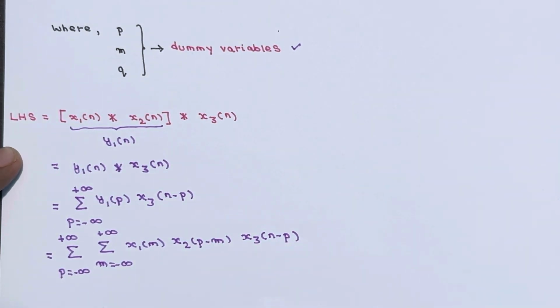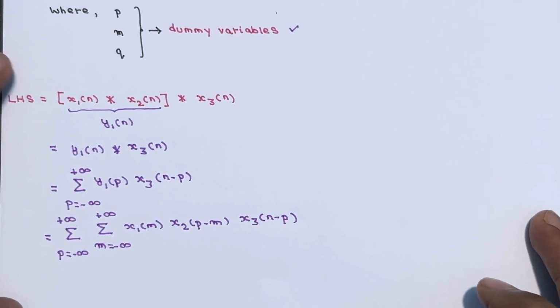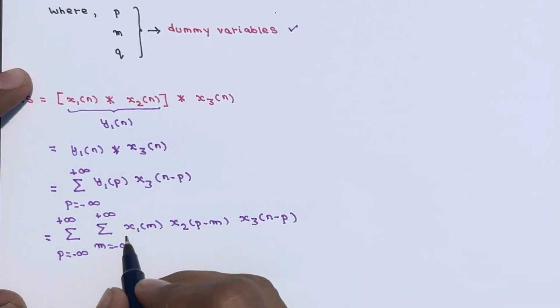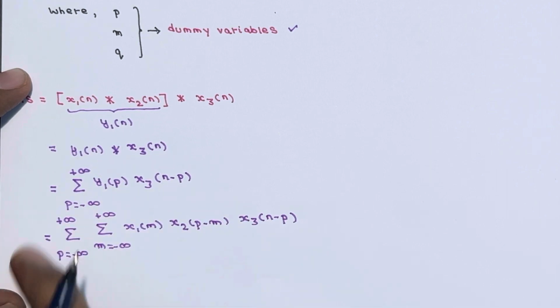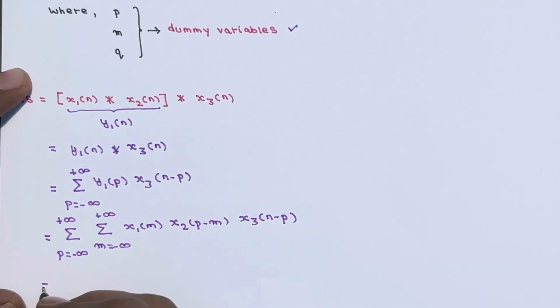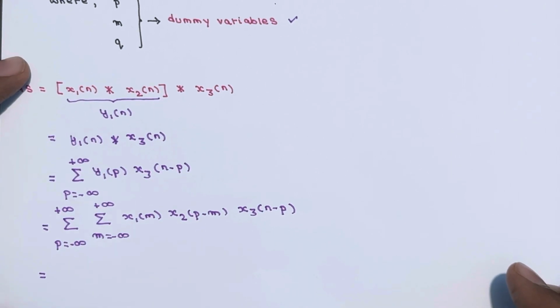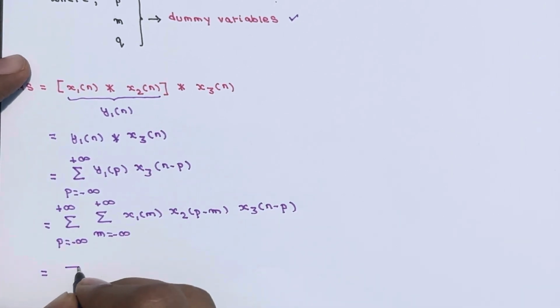Clear? This much is clear? Fine. Now what we can do here, this is properly a function of m, right? So we can bring these things out, and here p and p is there, so we can write the same as what? Summation